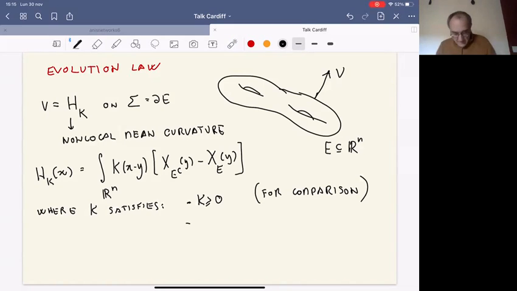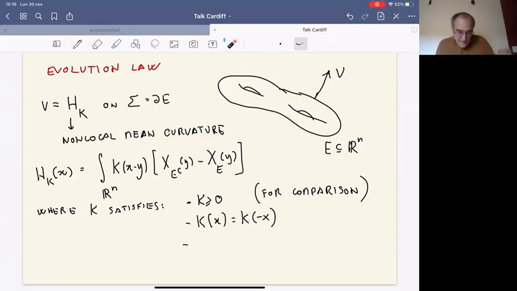And so there is a symmetry assumption, which is satisfied in most of the examples, where typically the kernel is even, radial. So radial in particular implies this symmetry here, symmetry with respect to the origin. The reason for the symmetry is that otherwise the evolution of a set is different from the evolution of its complementary, which is sort of unusual, strange. And then there is an integrability condition, because essentially I want this mean curvature to make sense. So if I compute it, I don't know, on a sphere, I want to get a number, not plus infinity possibly or something like that.